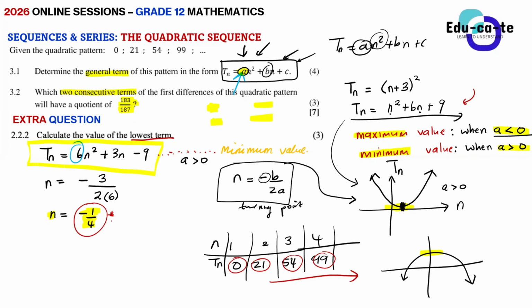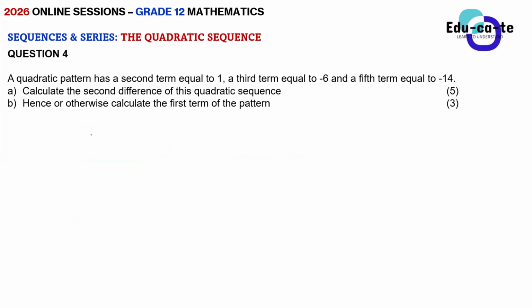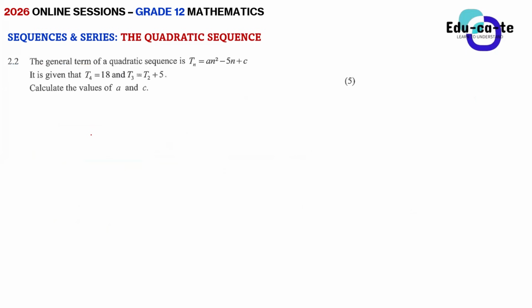So for this one, we don't really have a minimum value in particular, but I've already shown you the method so that whenever you encounter something that will have a lowest term, you can apply it. I actually extracted this question from another question paper and put it here so that I can demonstrate the maximum and the minimum value. Guys, this next one, you were supposed to do on your own. This one is the most interesting. I think we'll be closing quadratic sequence with it.